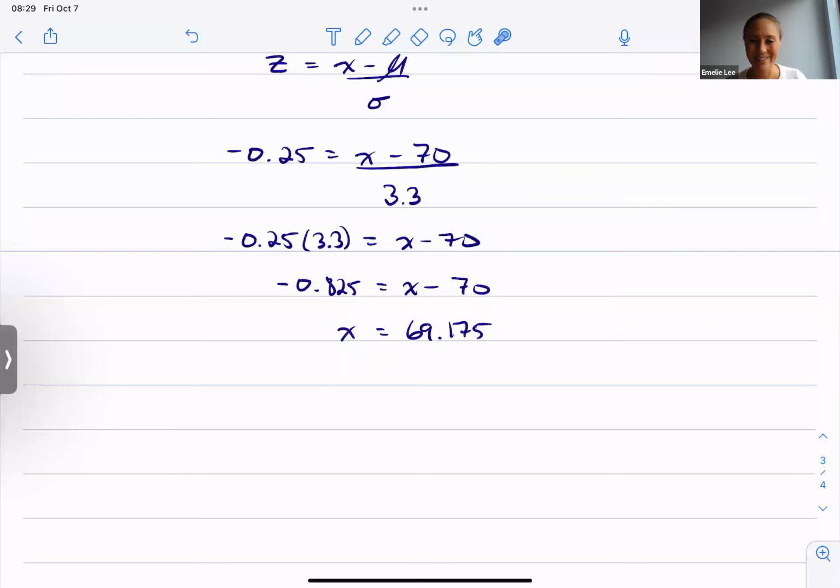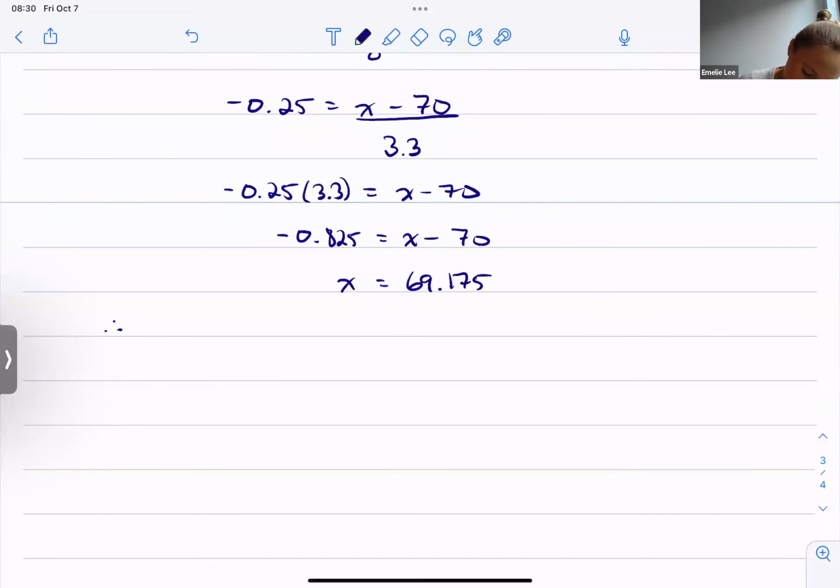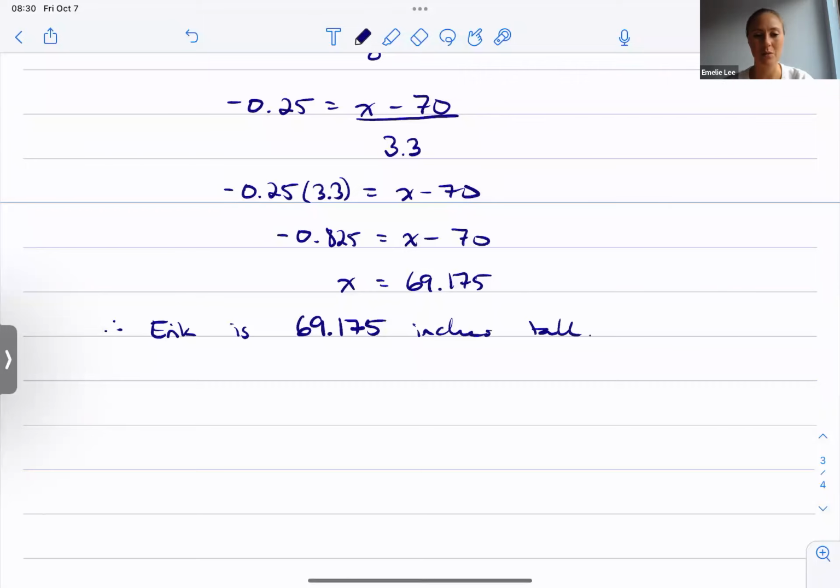Nice. What does that mean? That means that Eric must be 69.175 inches tall. Therefore, Eric is 69.175 inches tall, at the 40th percentile. Nice. So now we've worked backwards, so we can flow through this pendulum,